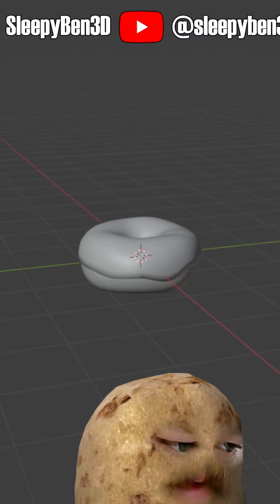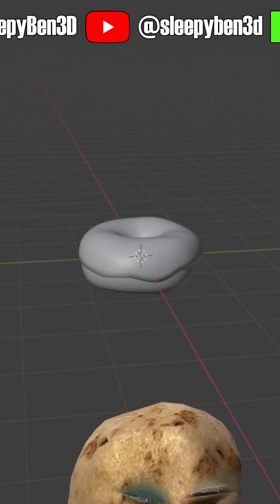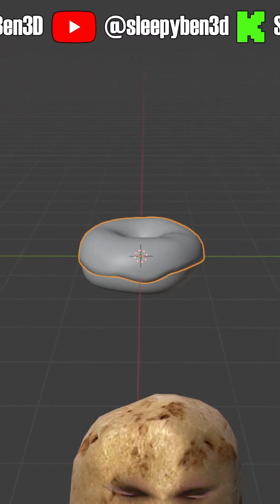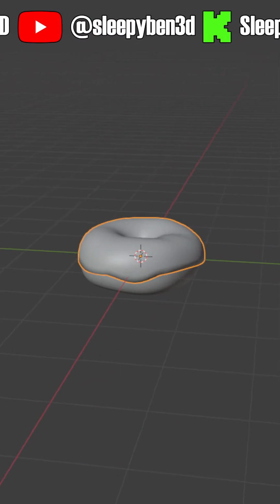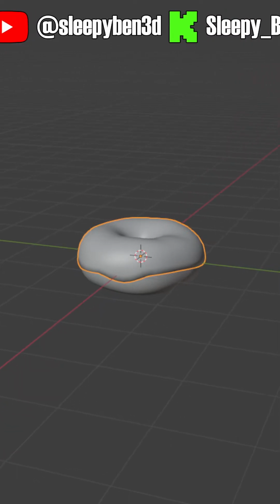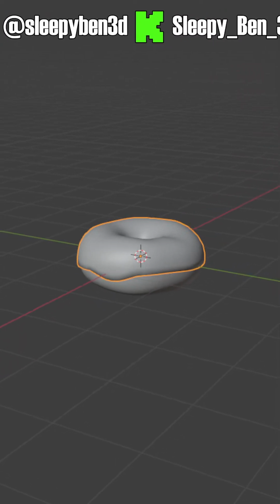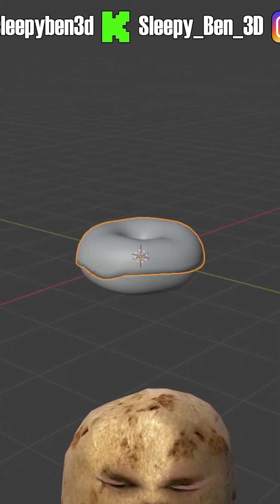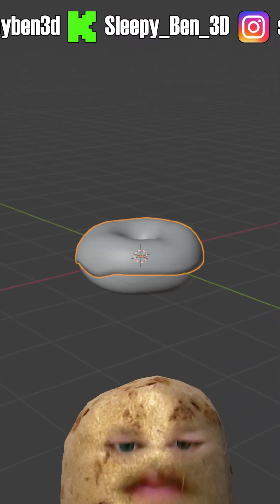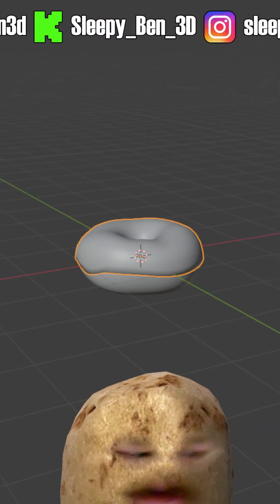To fix this, we need to hide the part of the mesh that we don't want to be influenced by our proportional tool, right? There is an easy way to do it. We can actually do it very precisely. So with this middle bit of our donut here, if I just hold down Alt and then do a